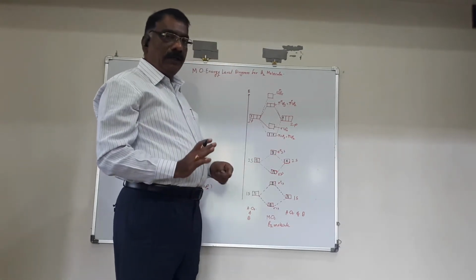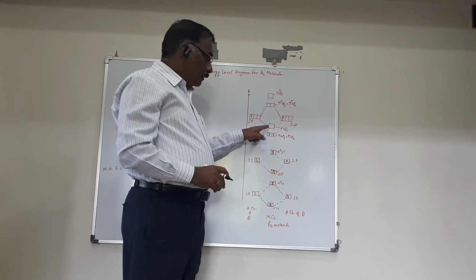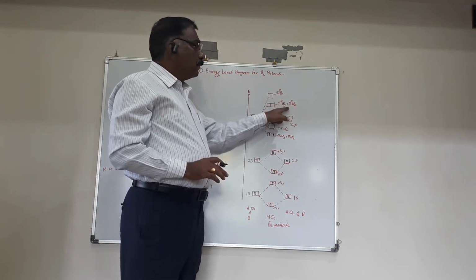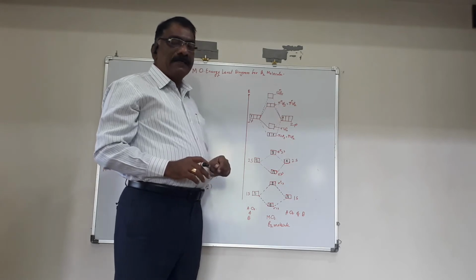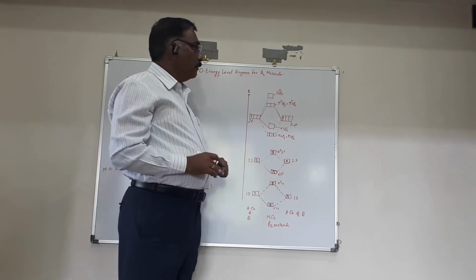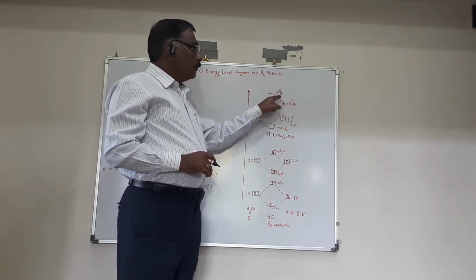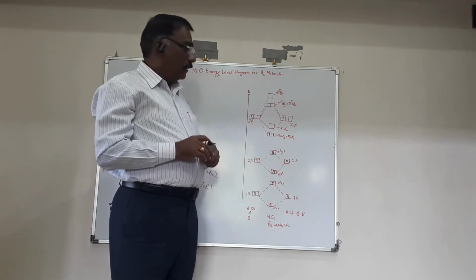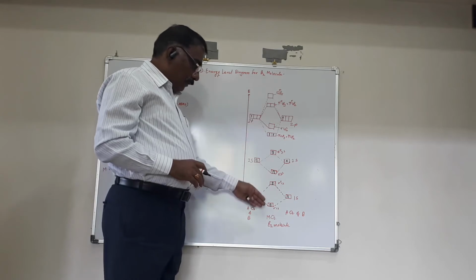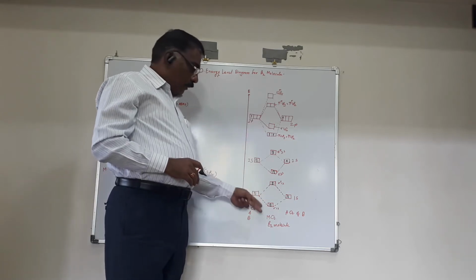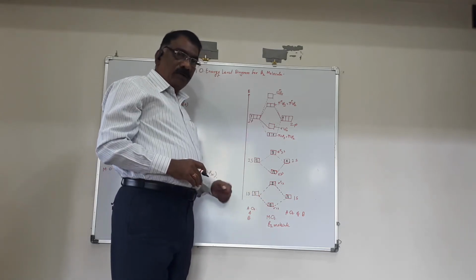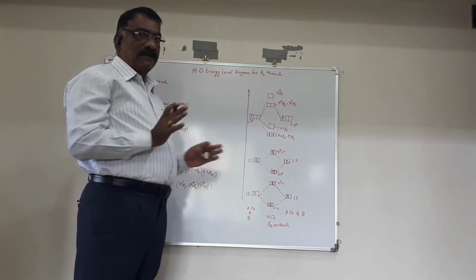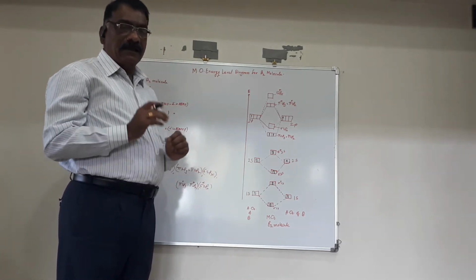Now there are no further electrons, so σ2px remains vacant. π*2py and π*2pz also remain vacant, and σ*2px also remains vacant. After filling the electrons into the molecular orbitals, we are going to see whether this molecule can exist energetically, whether it is stabilized.